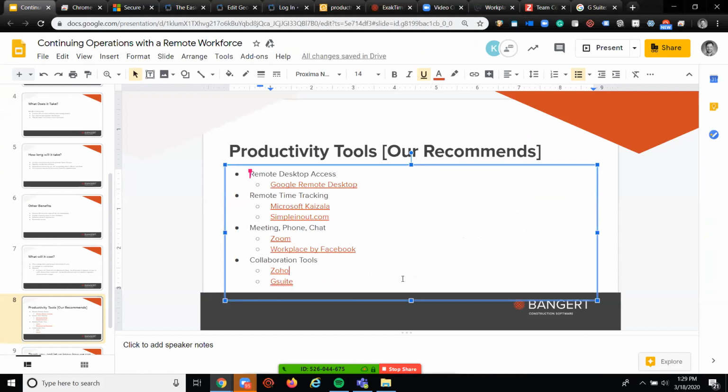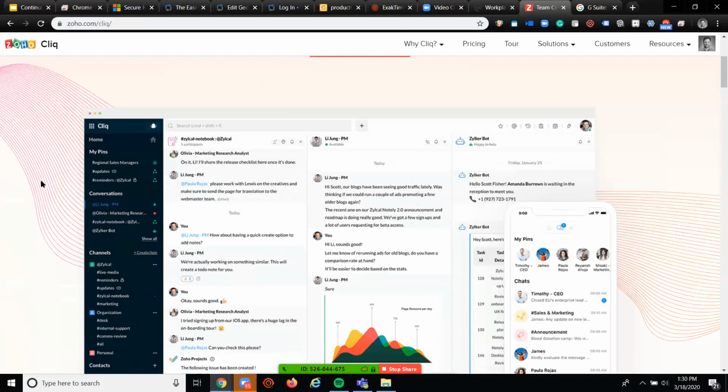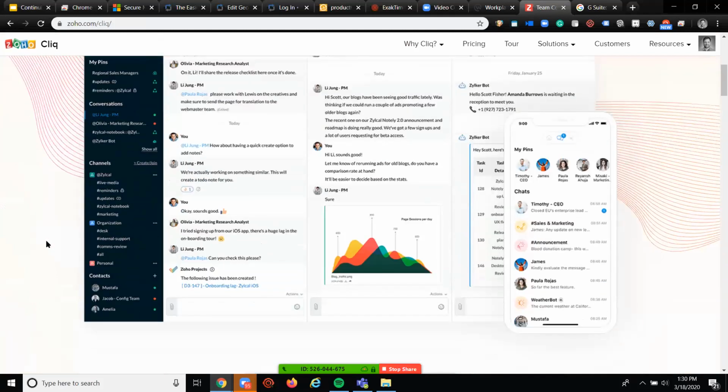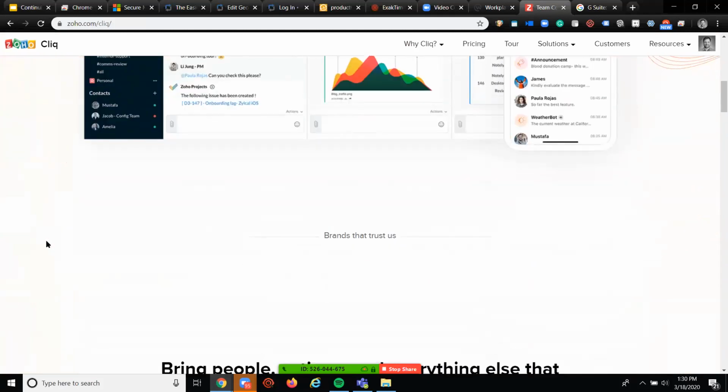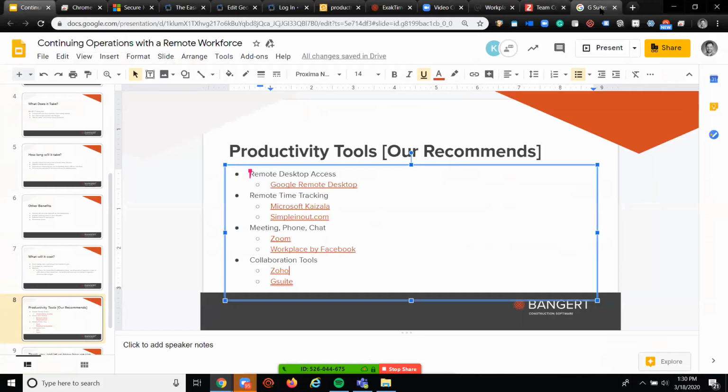Collaboration tools, obviously you have Microsoft 365, that's the gold standard, but I did want to introduce everybody to Zoho. We use Zoho for pretty much all of our cloud integration products. They've got a really great communication platform called Cliq. It's very affordable, but you can start groups, you can have video conferences from in here, you can make calls directly to people. It's a solution that we utilize every single day.